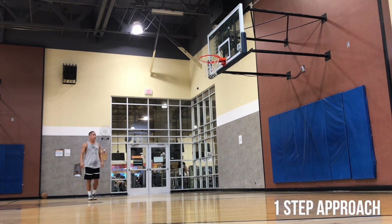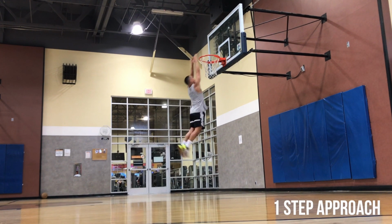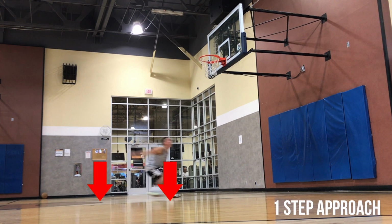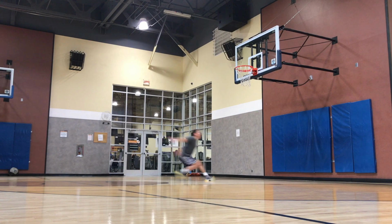For left-right jumpers, the penultimate is your right to left push just before your 2-leg takeoff. Pushing hard off your right leg will allow you to increase the length of your penultimate step, which ultimately helps lower your center of mass and maintain your speed throughout the jump. You will ground the plant foot on the lateral part of your left heel. If you push your penultimate, you should have a positive shin angle around 45 degrees or so as the heel